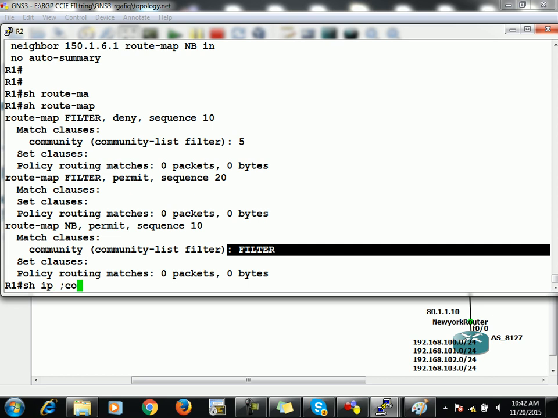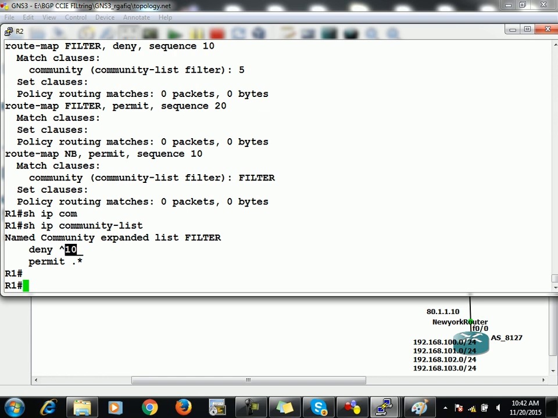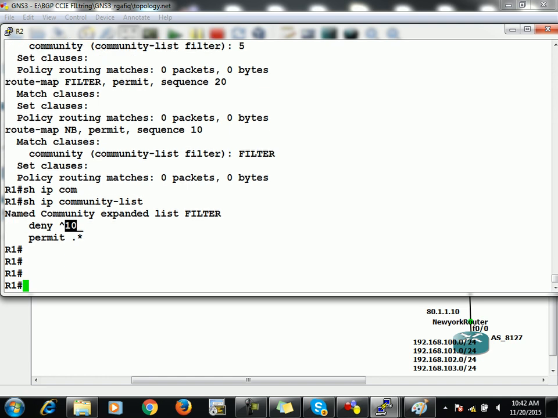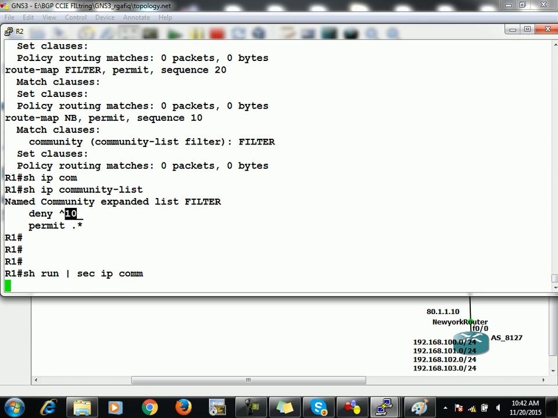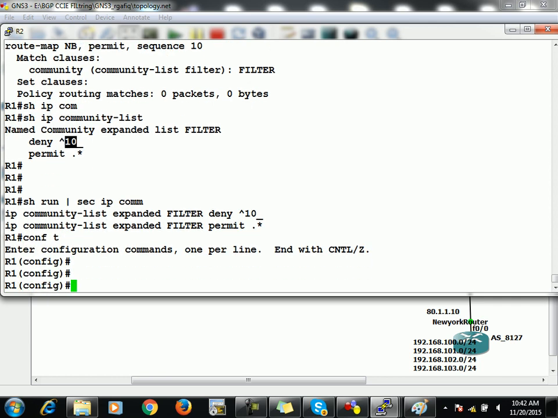Now you check it out, show ip community-list. Yes, deny 10. All those prefixes which are coming with community 10 are denied by it, right? So now you see show run pipe section ip community-list. I will show you how you can edit your community list. Remember, you cannot edit your community list. If you want to edit your community list, remove it completely and recreate it. So this time if you want to say permit here in place of deny, you do one thing, just copy both lines